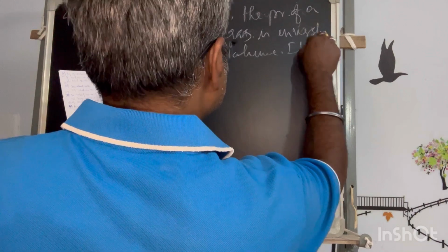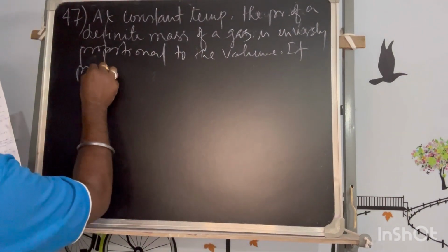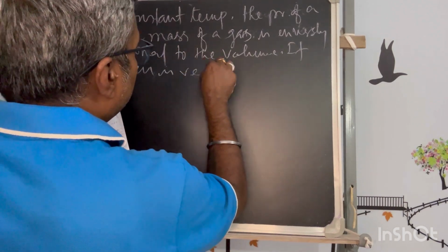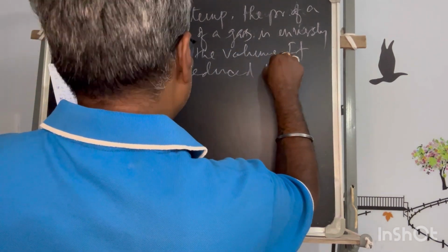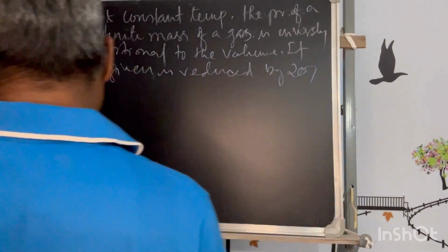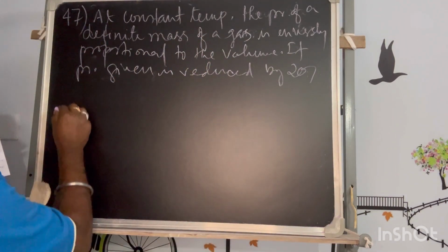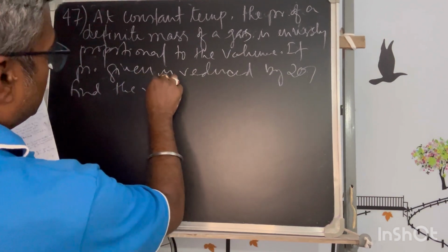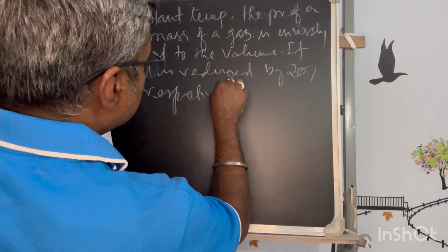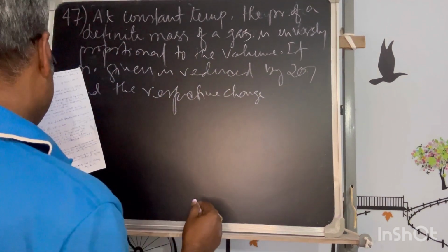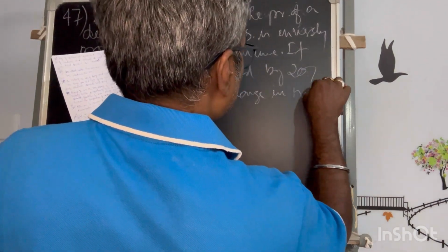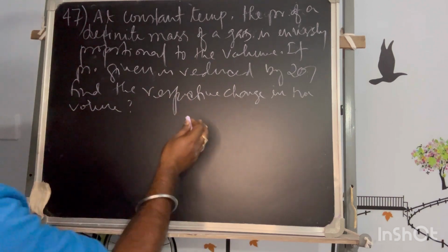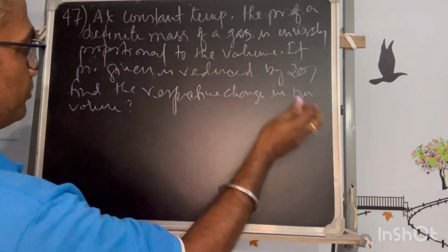If the pressure given is reduced by 20%, find the respective change in the volume. So that means the respective change in volume means the respective change due to the pressure, what would be